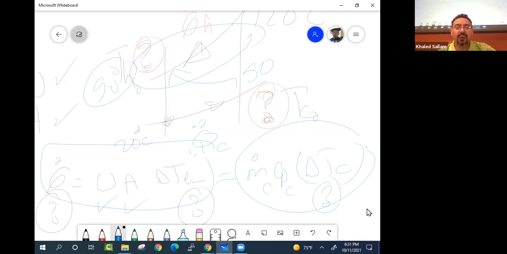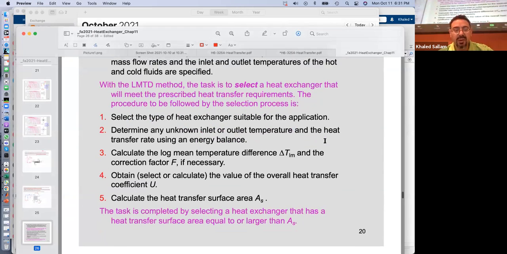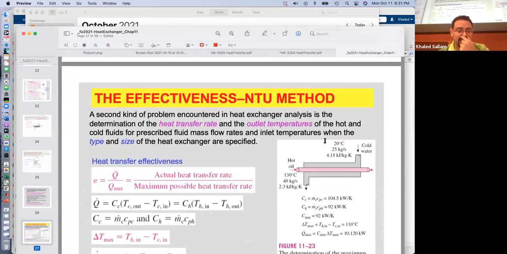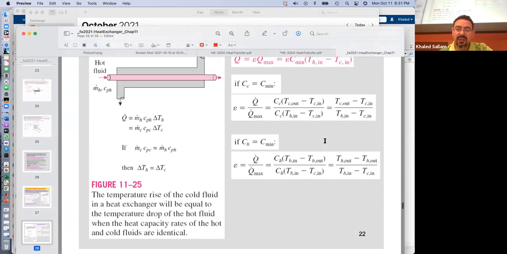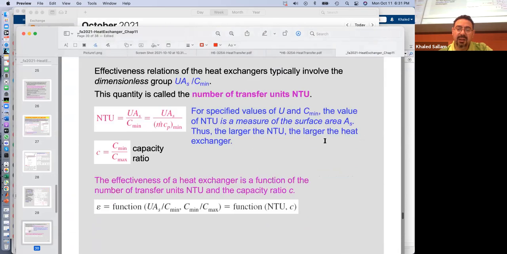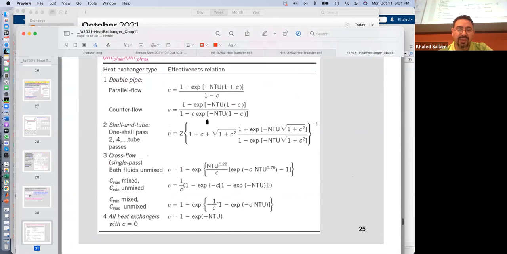So for this scenario where two temperatures are not known, we move to the effectiveness method. And as I said last time, I hated this method when I was an undergrad because of all those weird equations. I was always worried that I wouldn't have time in the exam to do all this, and also that I would not get all the numbers right. But the good news is